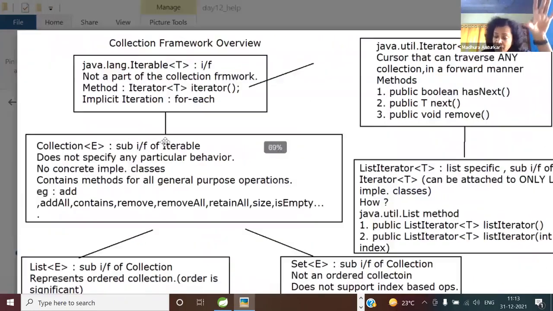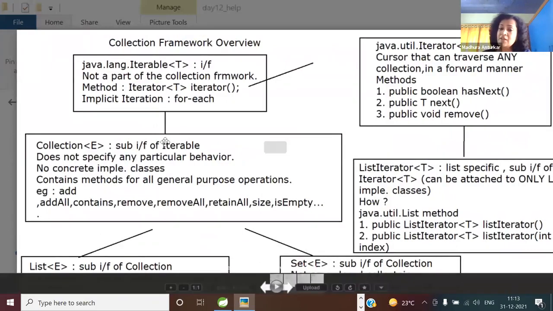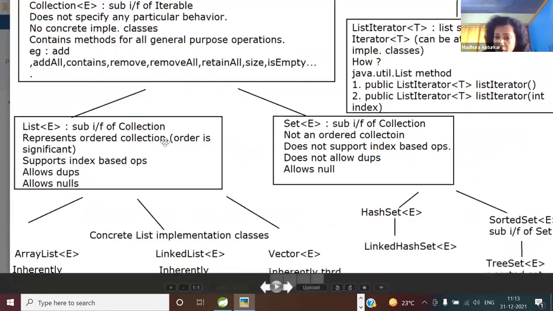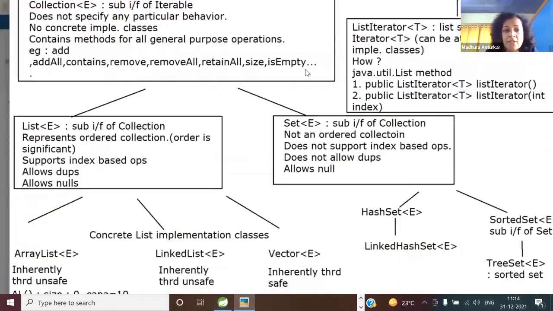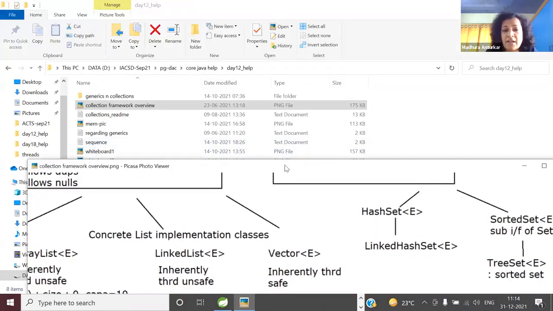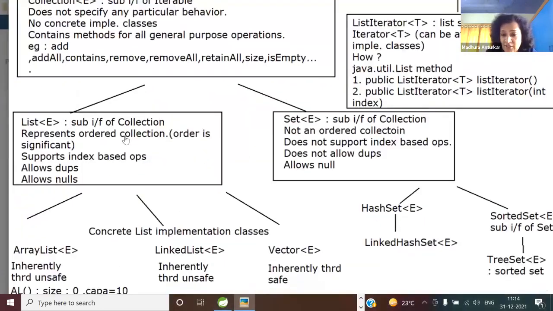But all these while, if you look at your Iterable, Collection and List, all of them were interfaces. So tell me, can you create an instance of an interface in Java? Absolutely not. So when writing interfaces, what is it you are supplying? Specifications or implementation? Specification alone. So now we are talking about the implementation classes, which are here. The implementation class we had started looking at was ArrayList.